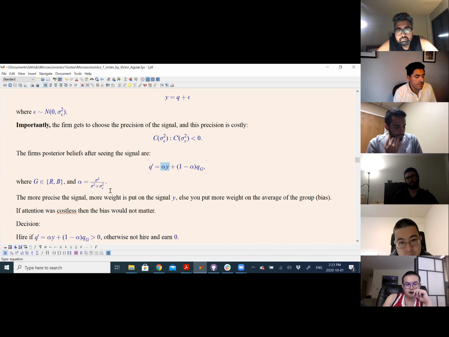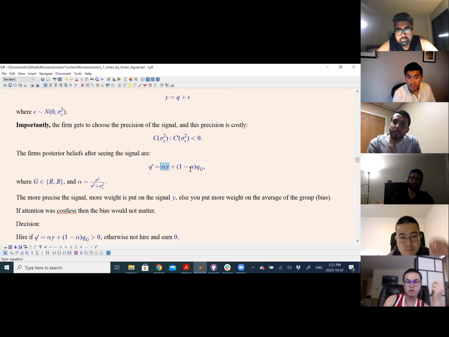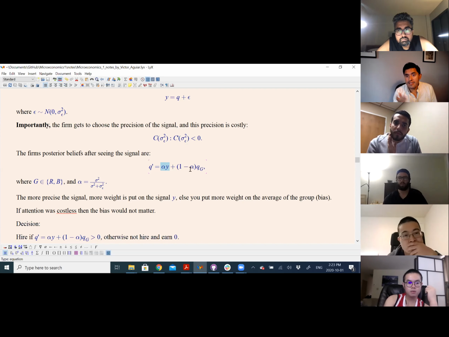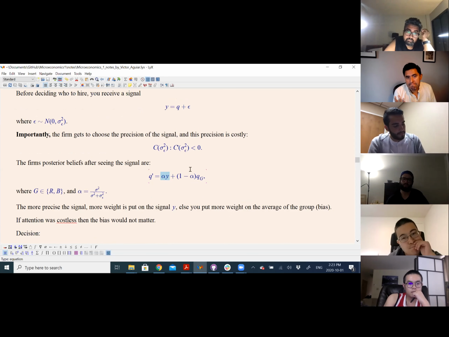Now, what happens if sigma epsilon is actually infinite? So collecting information is super hard for you, right? Then what happens? Can someone tell me? Then in this case, you hire people only based on whether they are red people or blue people. Exactly, right? And it will be full racial discrimination. You only rent this house to people that are, in this case, blue people. So you don't care who they are. You only get blue people in, okay?